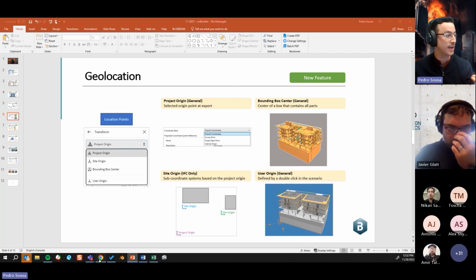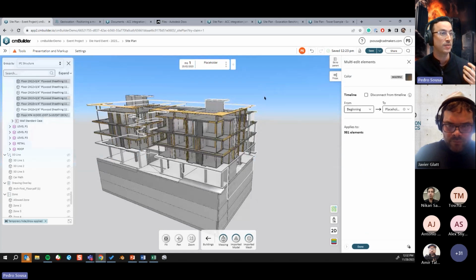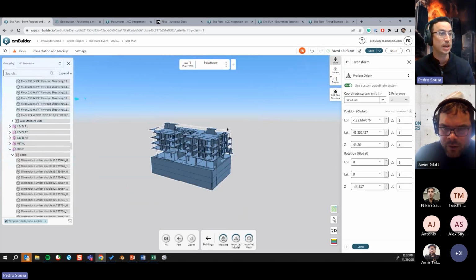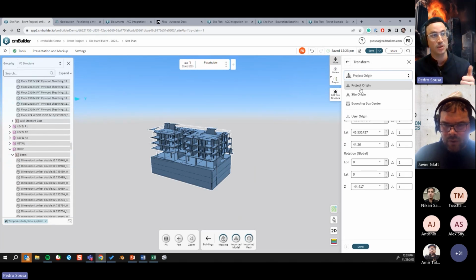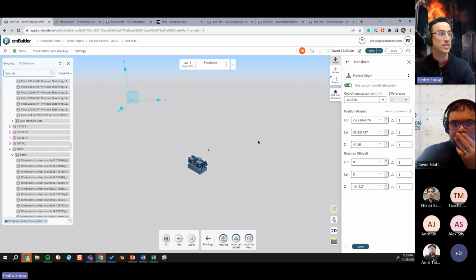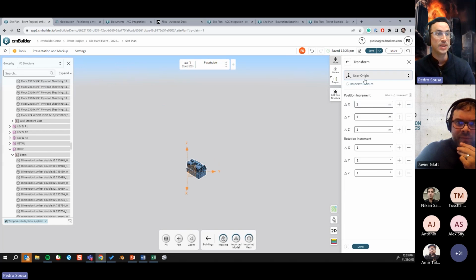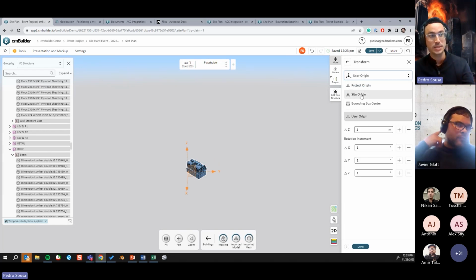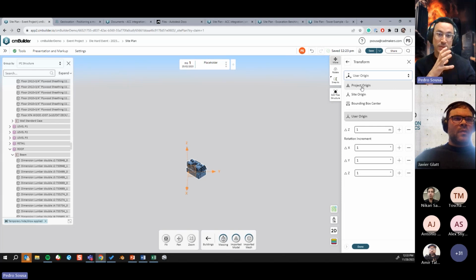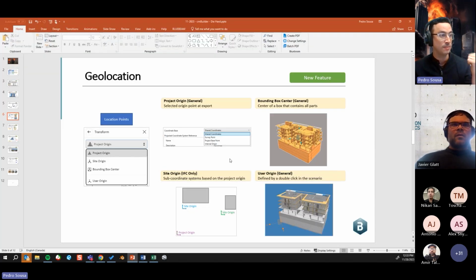So in cmBuilder, when you're locating a model, you're going to find these options over here on the top: project origin, site origin, bounding box center, and user origin. When I start clicking through these, you're going to notice that these handles show in different spots. These are different location points that you might have the information about the geolocation of, or not. The project origin is the basic origin point of your model, and it's defined by your